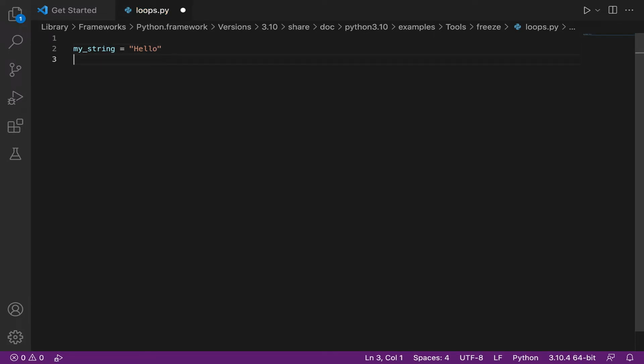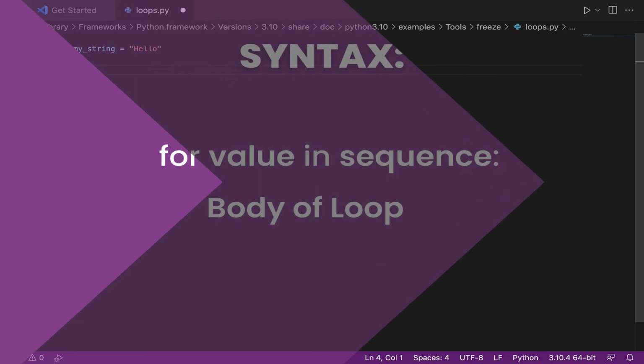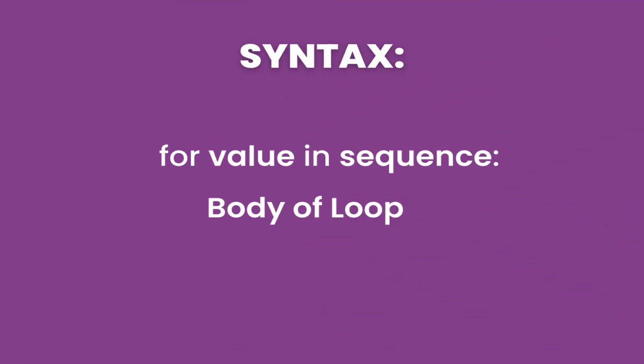Now, to loop through my_string, we're going to use the for loop syntax from the previous video. In this case, our sequence is what we want to loop through, which is the variable my_string. The value can be any variable to store each character in. Let's say that the variable name of the values is C. And the body of the loop will be print C because we want to print each character of the string